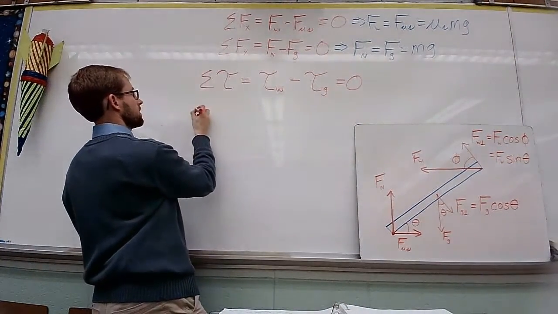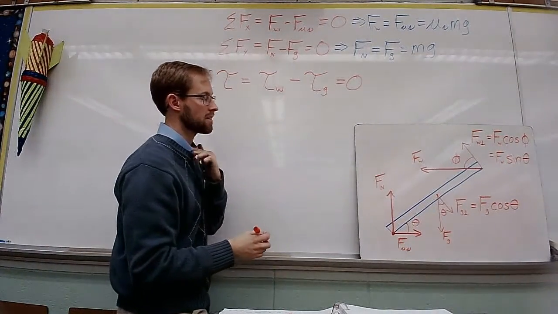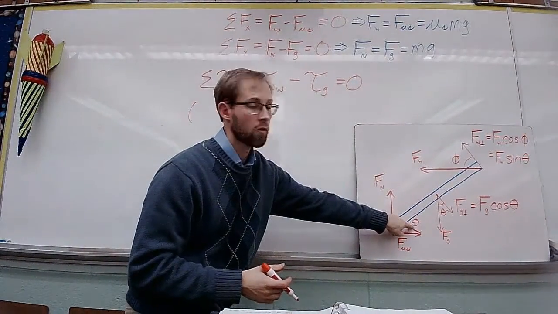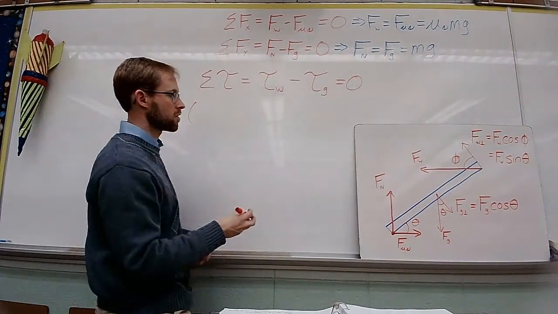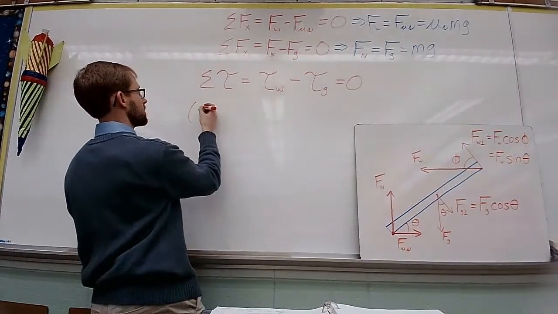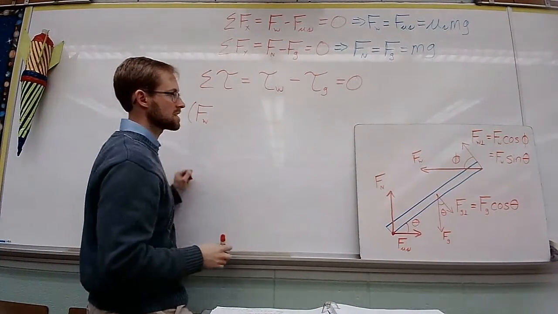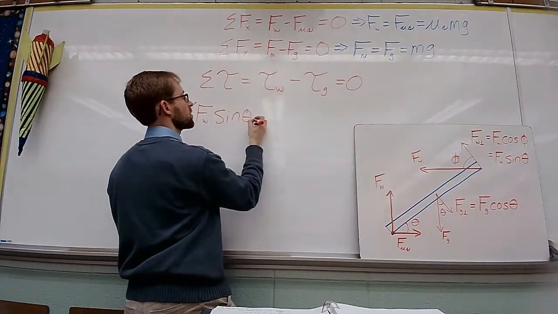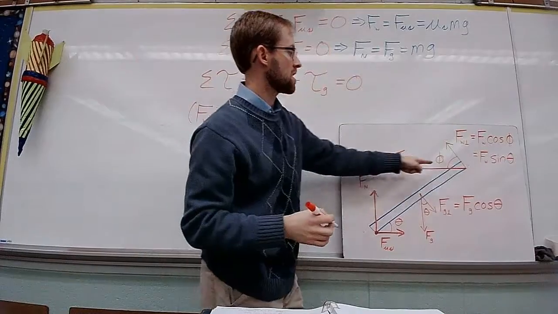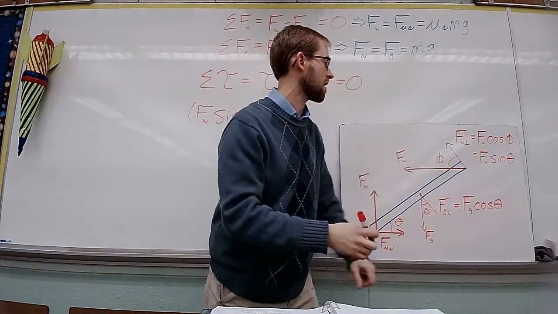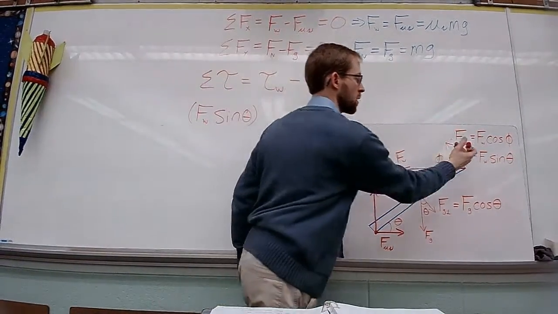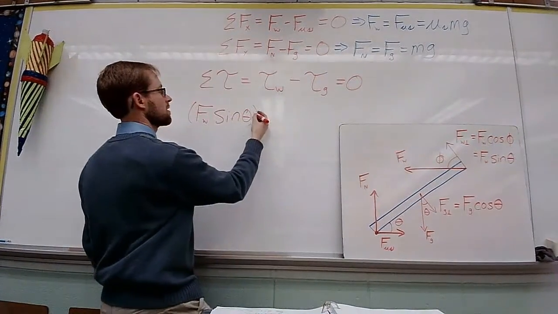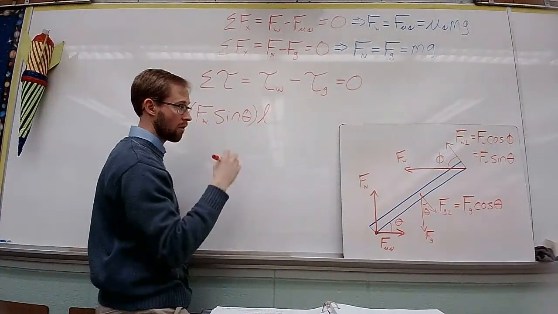Gravity is winning this after all. Well, it's at rest right now. The goal is to figure out the minimum angle before it starts to slip. So let's do this. Force of the wall times sine theta. The reason we're doing sine theta once again is because this is the portion of the force of the wall that's acting perpendicular. And that perpendicular force is the force we must consider when we're dealing with torque. And that's multiplied by the length of the whole thing, L.